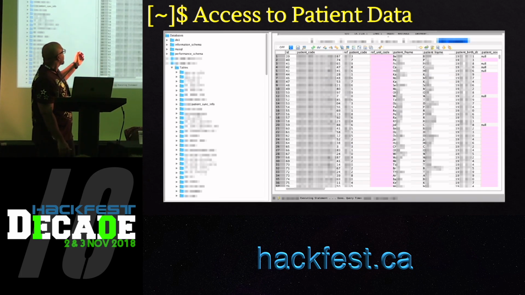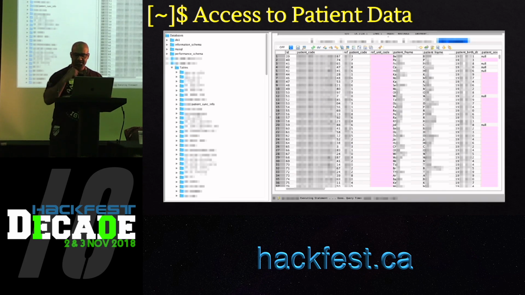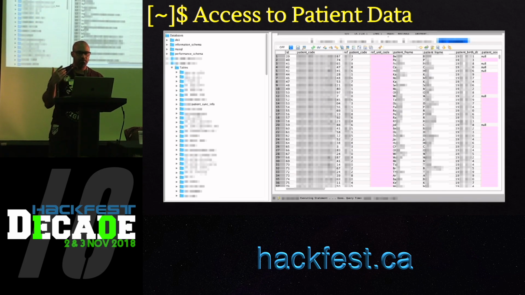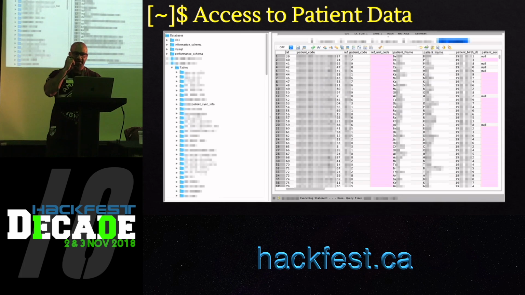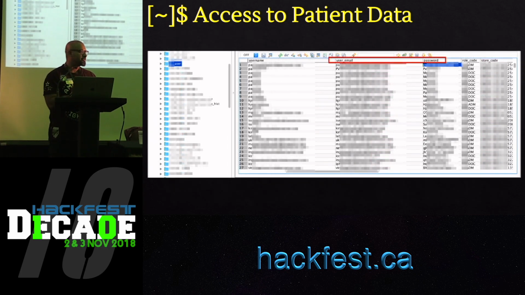If you look at some of the database content, there's patient code, there's another patient code for some reason, then there's patient first name, last name, date of birth, gender of the patient, and so on. Tons of interesting tables. I couldn't include screenshots for all these tables, but here you can see that there's a column for username, password. Obviously, password was in plain text. And then there is something called a code. The code tells you if that particular user is a patient, a manufacturer, an administrator, a doctor, or a pharmacist. So you can take these logins and log onto the portal as different users and gain access to even more medical records.